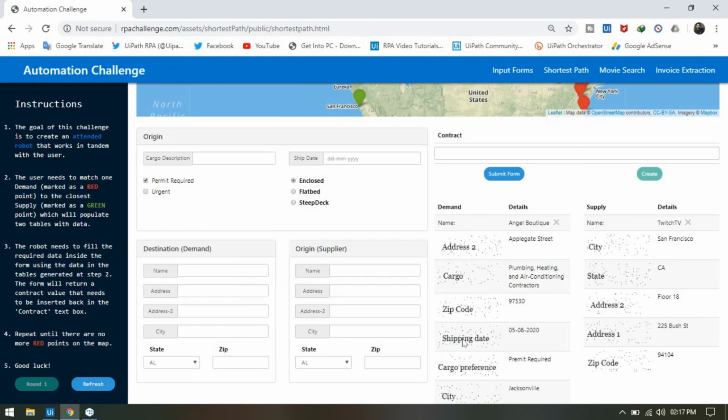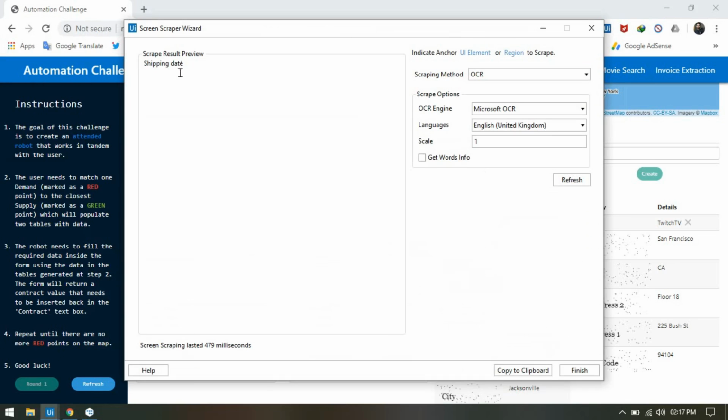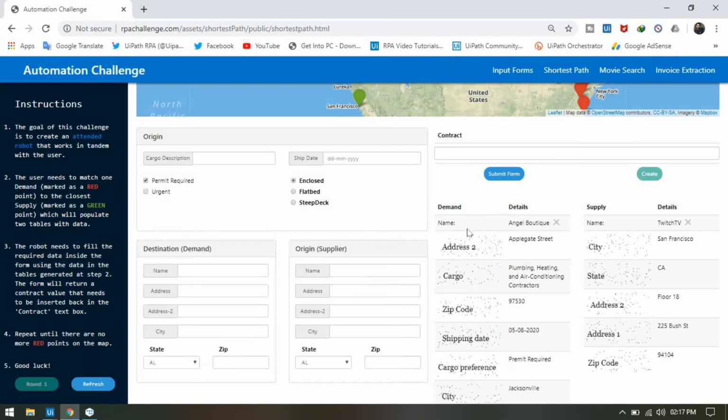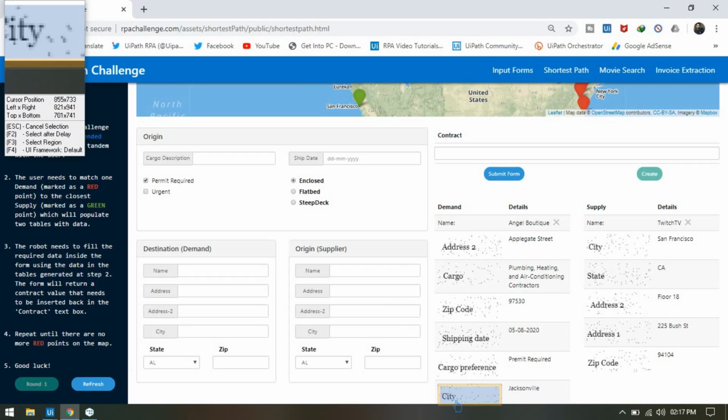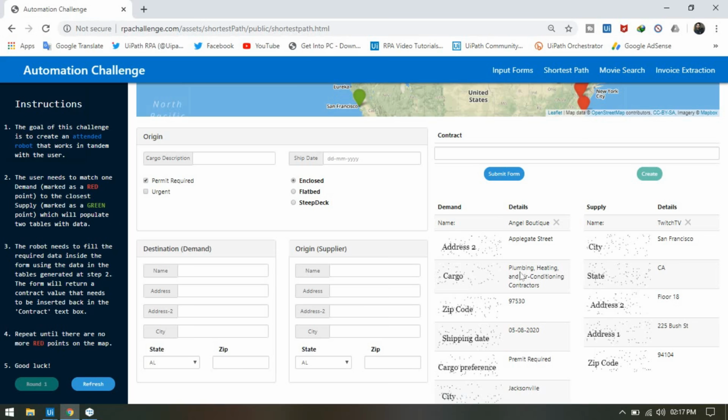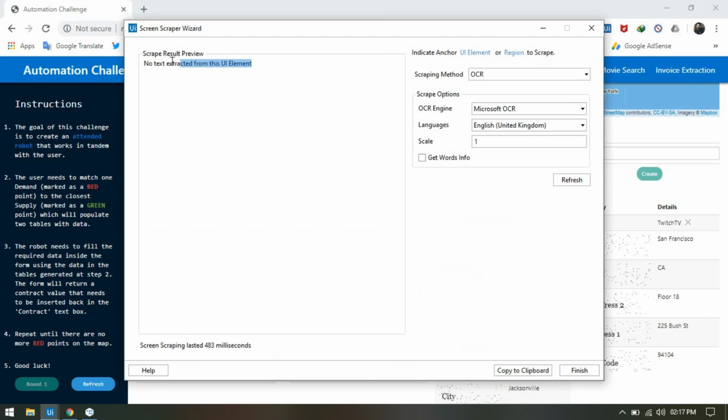Now check for the shipping date, it shows shipping, and the date is just showing DATE, but the E has something, a special character. Now cargo preference, we have it correct. Now in the city we are not getting any data, right? So now this is the challenge.